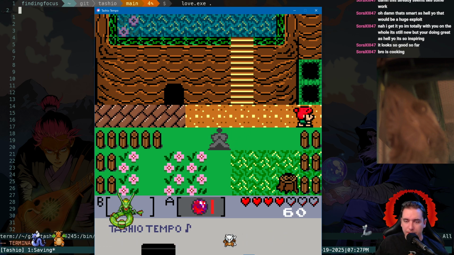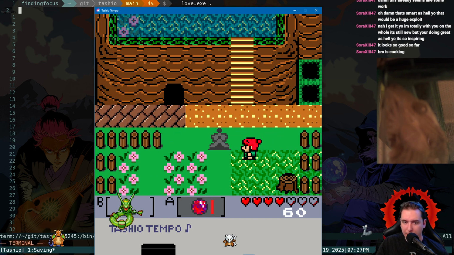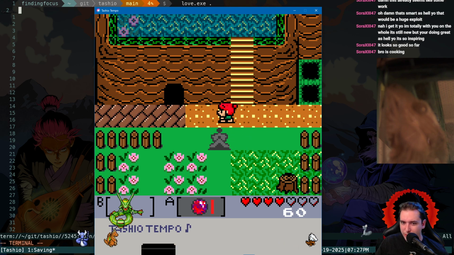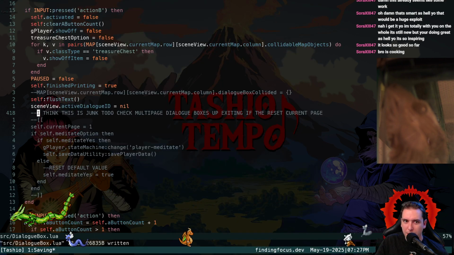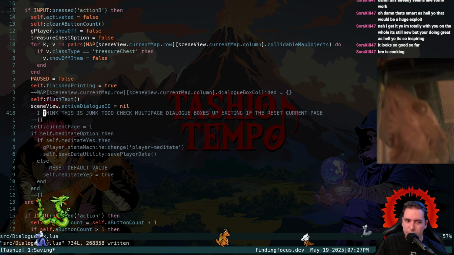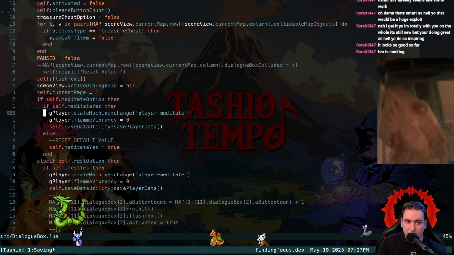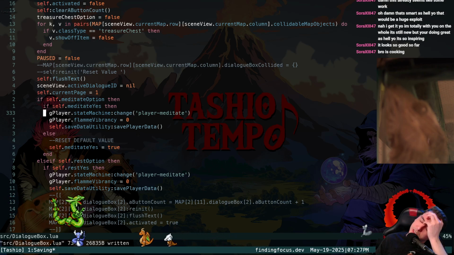I mean, it gets fixed on a scene transition, right? We walk off, we come back, they start animating again. And then if we load at that point, they're animating. So there's something going on there. Who knows what's causing that? Dude, that's gonna be rough to find. Let's see what could cause that. What could cause that is